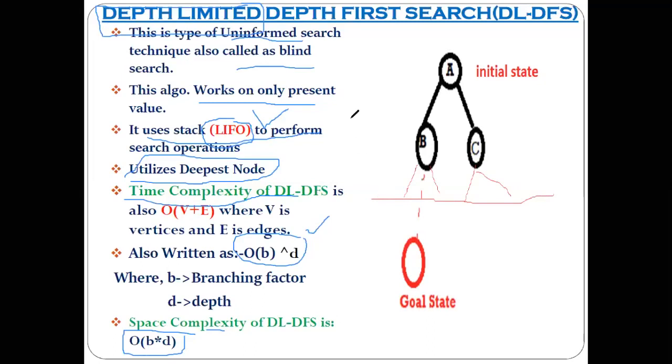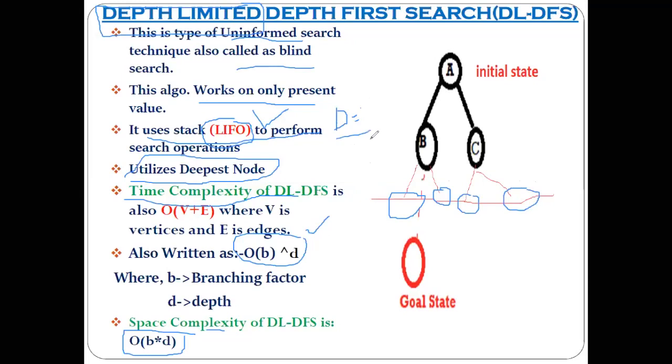In case of this searching technique, initially the AI agent is given a value of D, where the value of D is nothing but the depth. D stands for depth here. It means up to how much depth the AI agent can search. That is the point I want to make here. Up to how much depth the AI agent can do the searching. That is the meaning of the value of D.